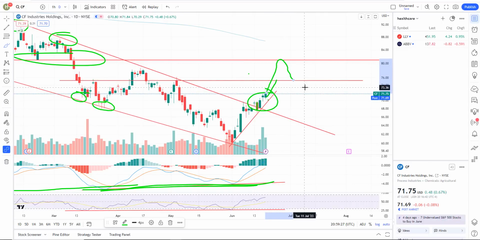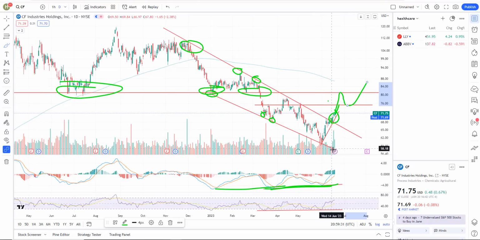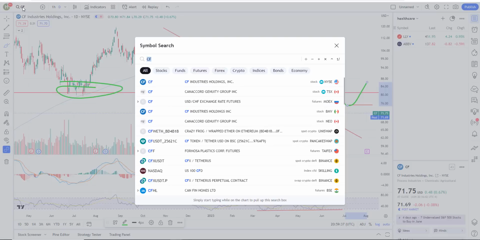Then you get a meaningful pullback. But again, this is breaking out to the upside, so it's still buy the dip. But that 80, 86 is decent resistance on that one. And then we have